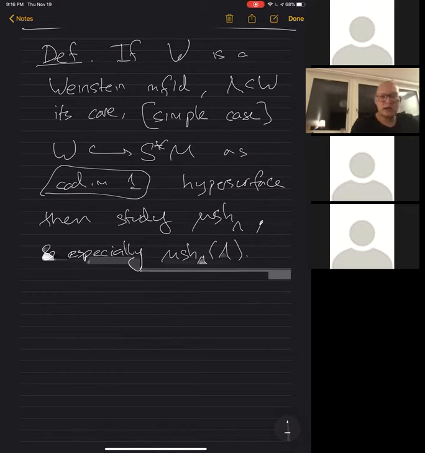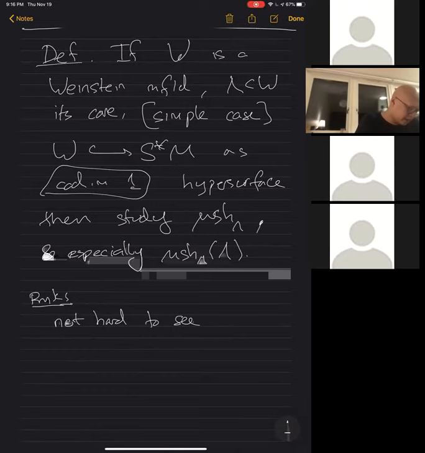So it's a definition of this category. You consider an embedding in the co-sphere bundle. One probably proves that nothing depends on the embedding. So let me make some remarks. It is not hard to see that this is independent of the embedding,